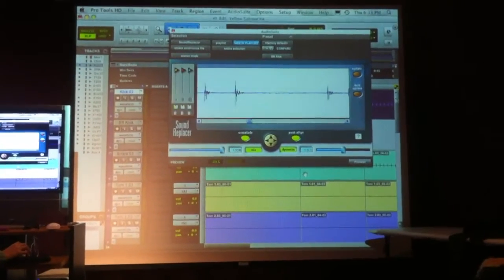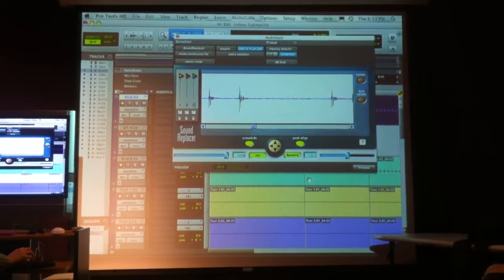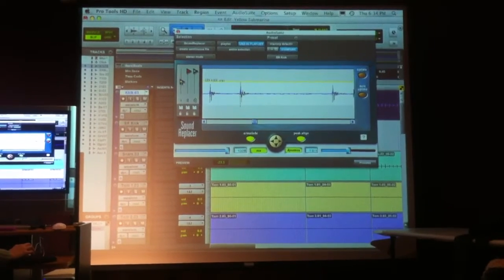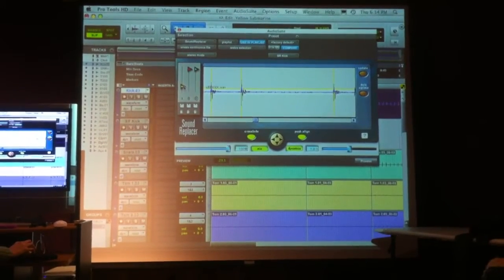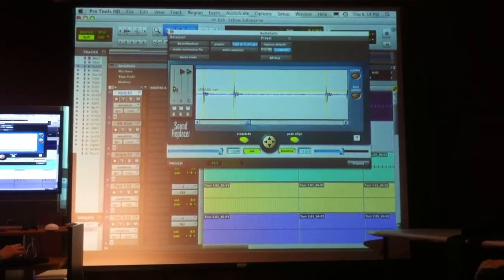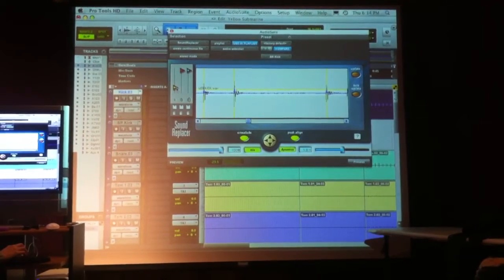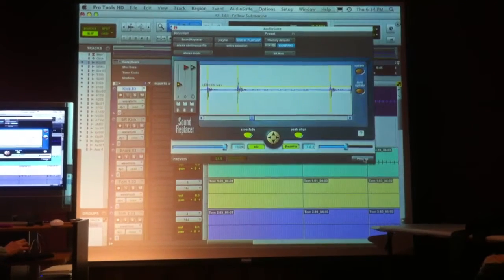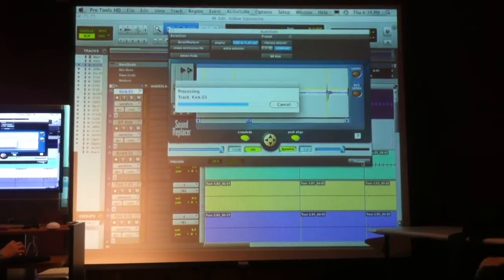Okay. So now, since I loaded it in the yellow tab, I'm going to pull down the yellow slider until we get a trigger on all of the kick drums. Now, ordinarily I would say that's good right there, and then I would click process. But in this case,